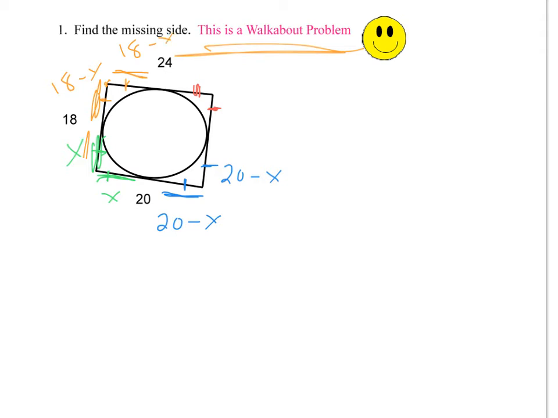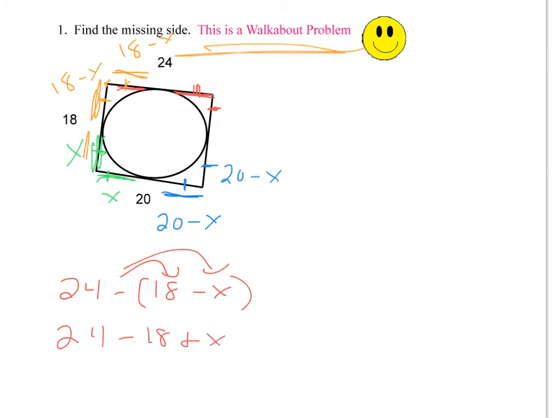This is interesting. This red piece right here, I know is 24 minus this orange piece right here. So that red piece is 24 minus the orange piece, which was 18 minus x. So if I distribute my negative, I get 24 minus 18 plus x. So this piece right here is 24 minus 18, which is 6 plus x, which means this piece right here